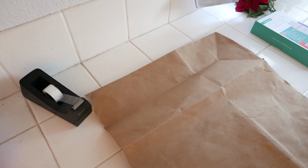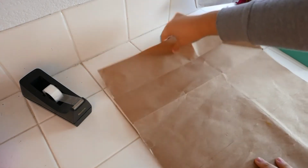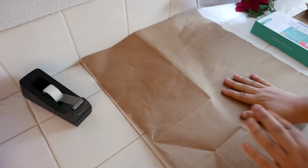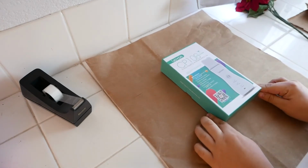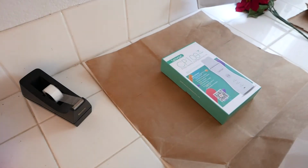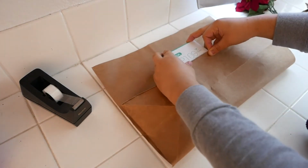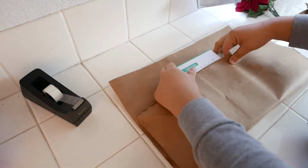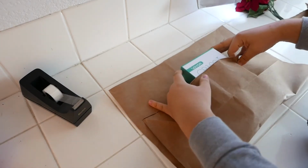I have the paper bag laid out in front of me. If you think about it, the bag is sideways, so there's the large panel of the bag, and then there's a side panel. The side panel is directly in front of me, and it does have folds already. So what I'm going to be doing is grabbing that part of the bag, and I'm going to be folding it up. I'm leaving about 2 inches or so,